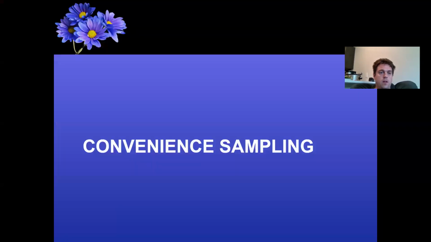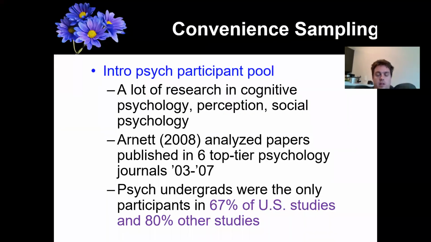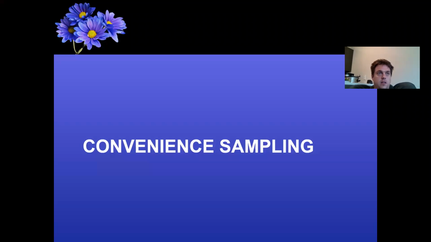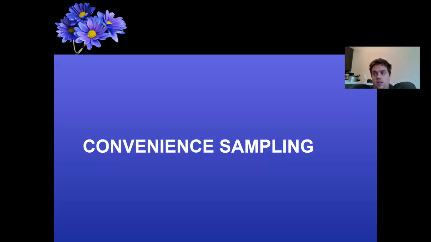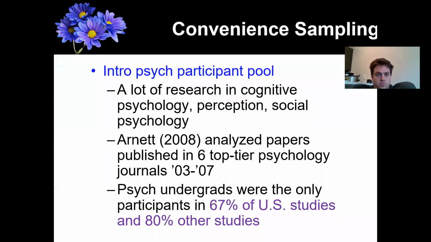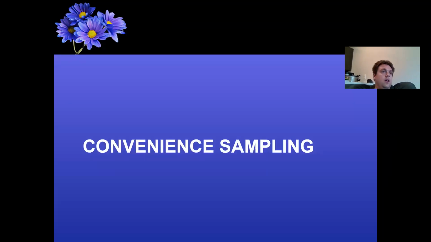Let's talk about convenience sampling. The other side of the coin from probability sampling is when we're not really considering how representative our sample is. We touched on this already, but we'll talk a bit more about when that's okay, and what exactly it is. Convenience sampling is when you're not really trying to be representative of the population.